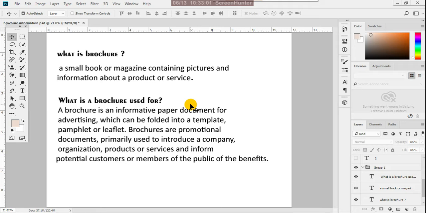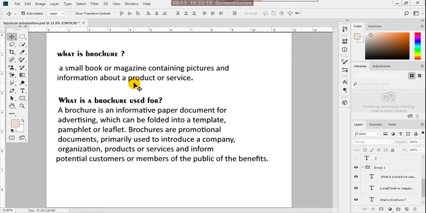Actually, it is a booklet type. It looks like a magazine. It has some pages, and the pages include pictures and some information.